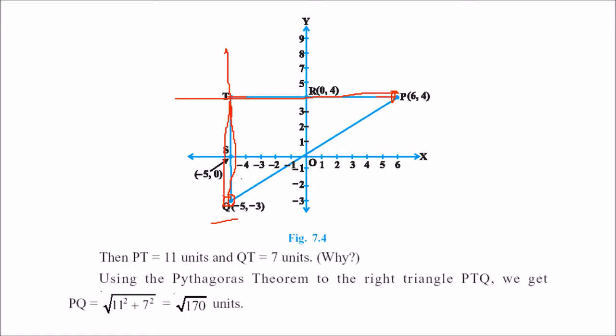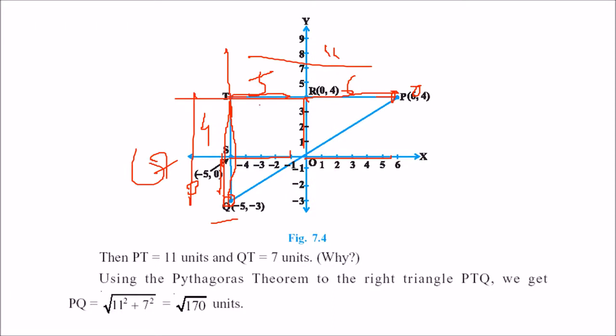So you got a triangle, and what is the distance? You know by now. This is 4, this is how much? 3. 4 and 3 is 7. So this distance is 7. How much is this distance from here to here? This is 6. How much is this distance? This is 5. 6 plus 5 is 11. So this is 11. So 11 and 7.